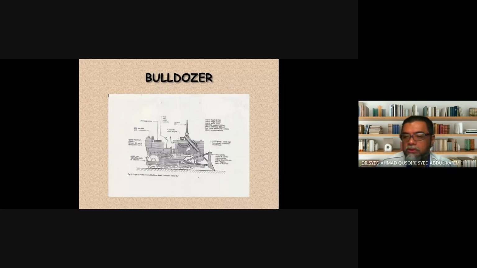So next is the bulldozer or the dozer. Out of all of the machines, the dozer is the most powerful equipment in terms of power output. It's being used to do excavation to reduce level. It has a blade at the front. This blade does not carry any material, so you cannot use it to haul materials. We just use it to push the material to the side,